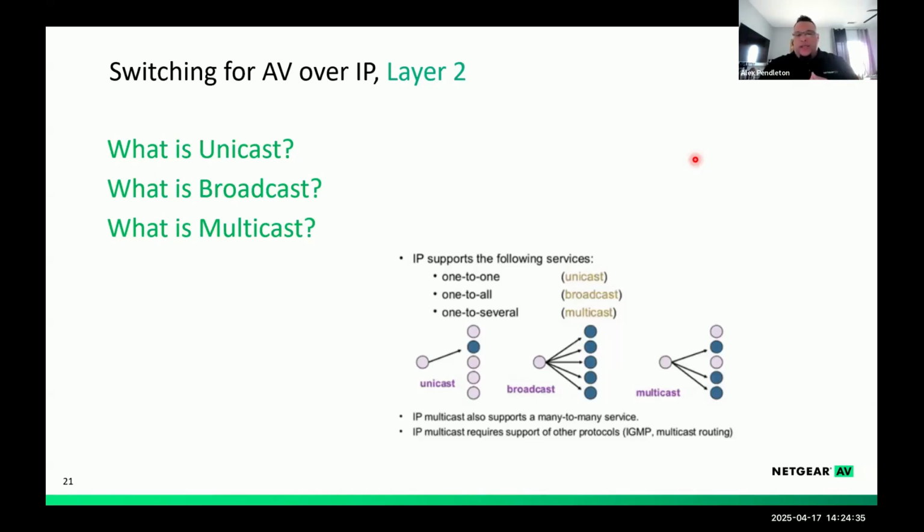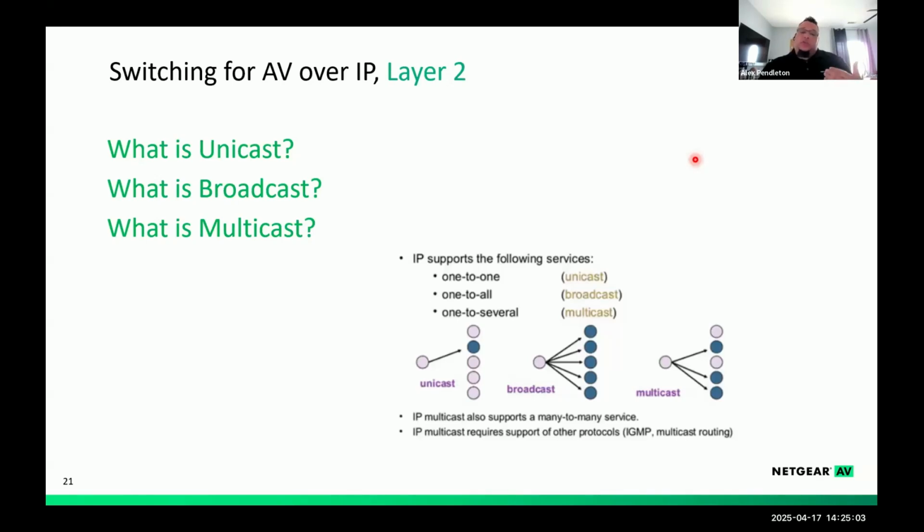In the broadcast, everyone in a network receives all of those communications that are being sent out, either with a destination of all 255s or within the subnetwork, with the last octet being 255. With multicast, this is a selective method, essentially treated as a broadcast without a management system to manage it. So multicast is required to send.